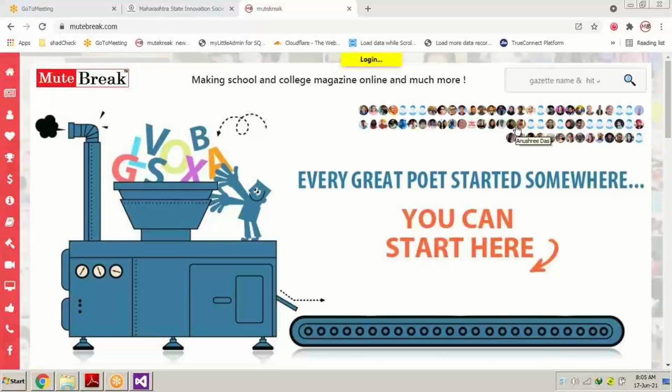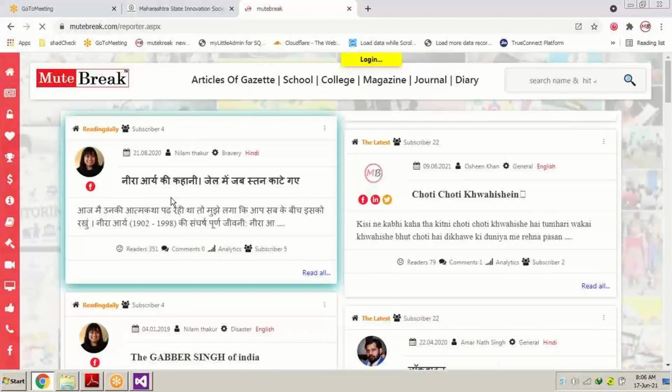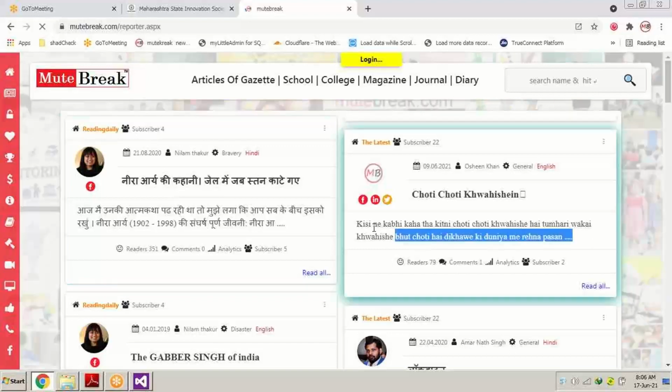So we have certain small panels over here. You can see the control which we have used over here is the label. The text part over here is the label. Label is also a control. I'll tell you how. We have used a link button also. We have just changed the name of the link button to read all. So this is the label. This is the link button.